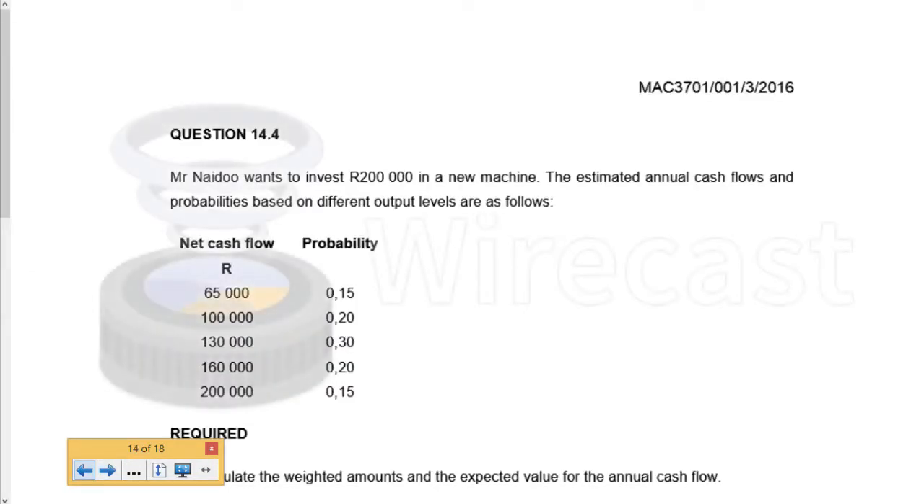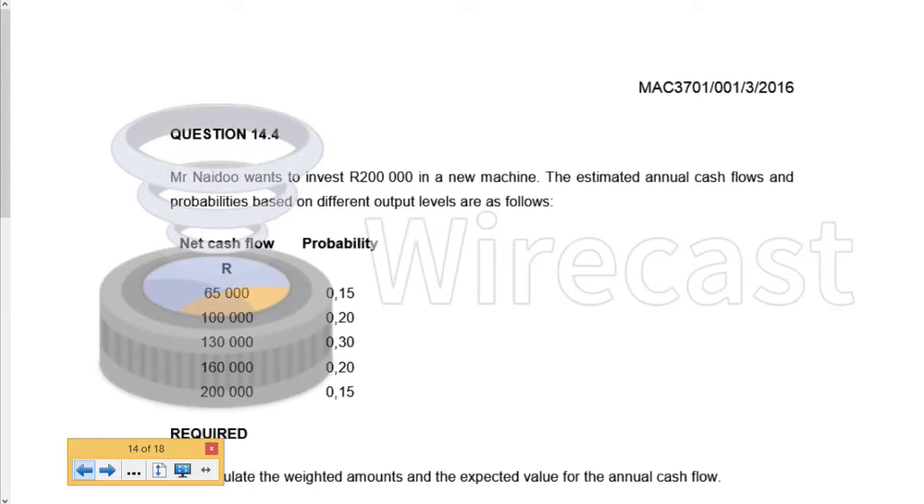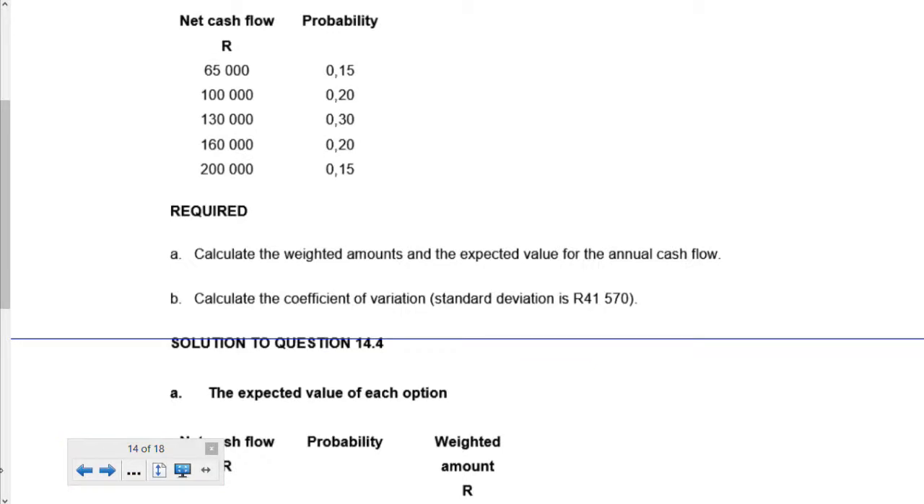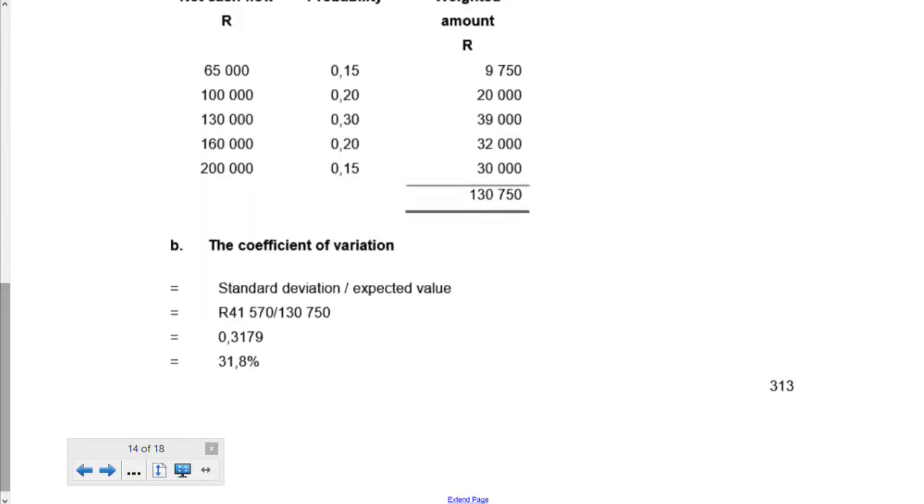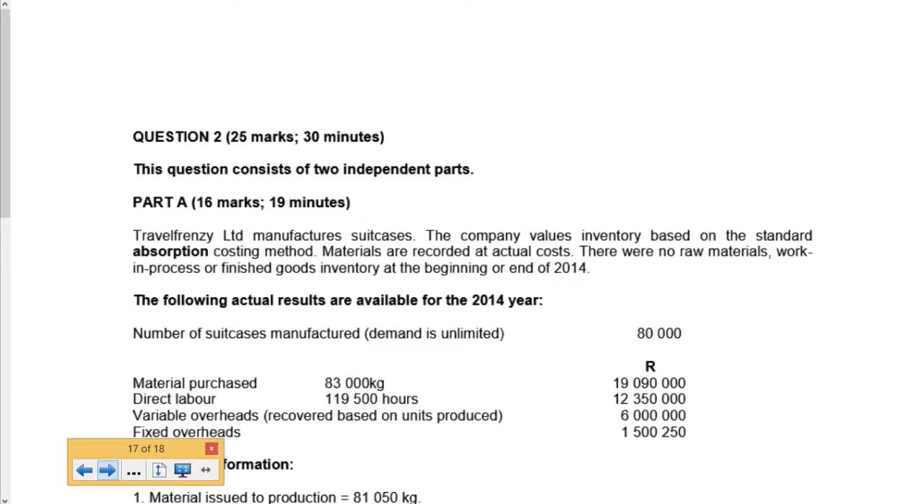So this question is here, Mr. Naidu. It comes out of your study guide. He wants to invest in a new machine, and these are the probabilities, and they ask you to do the weighted amount and the expected value. But you know how to do that, isn't it? You just multiply by the probabilities, and then that's your expected value. And then they ask you to do the coefficient of variation, which is just the standard deviation divided by the expected value. So assignment, question 2 in this handout that I've given you, assignment 3, is a question for 25